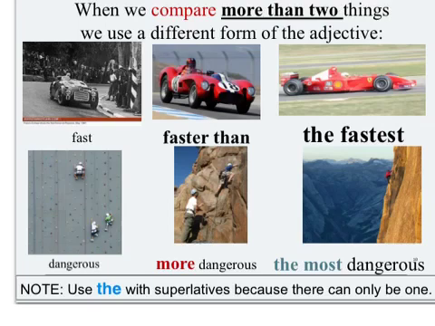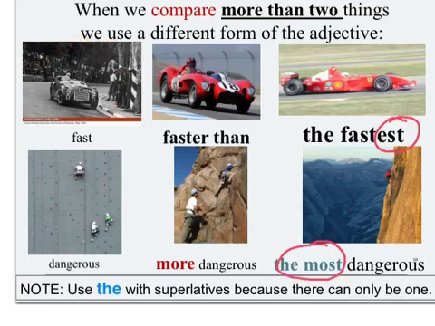Now, if you want to compare more than two things, you need to use the superlative form of the adjective. It's pretty much the same as using the comparative form, except instead of adding ER, we add EST to the end of one-syllable words, and instead of more, we say the most in front of adjectives that have two or more syllables. Now, if we look at the three race cars, we can say the first race car here is